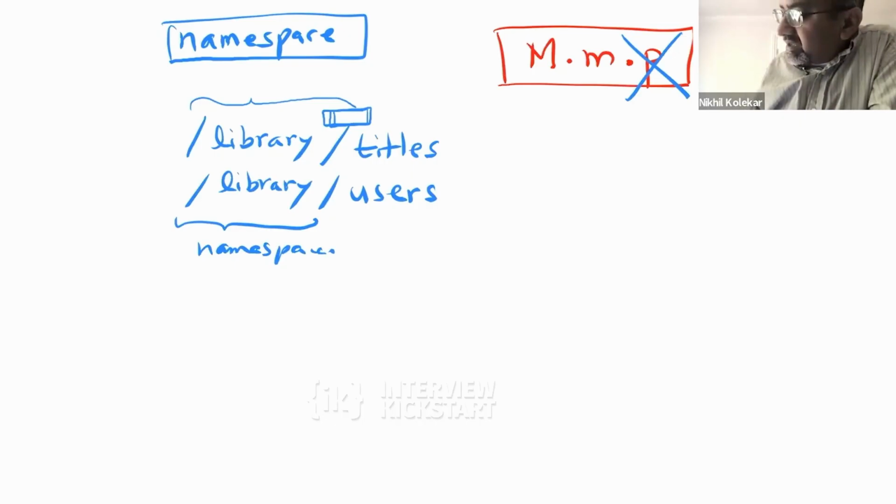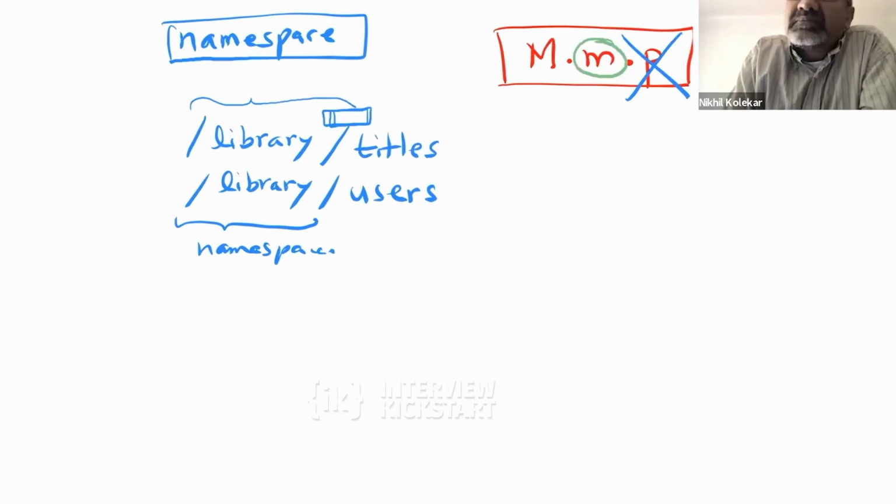Now, does a minor version mean anything to APIs? By minor version, we are talking about changes to a contract that are backward compatible.